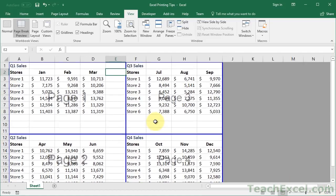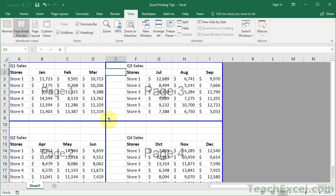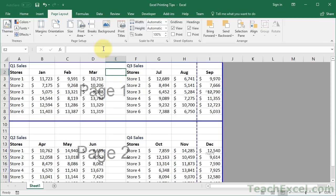Now let's say that we want to change a page break. You can put your cursor right over the line, hover over it, click and drag. And now you can change the location of the page breaks. If you want to remove an individual page break, simply put your cursor right next to the line, click the cell next to it, go to Page Layout, Breaks, and then Remove Page Break, and it will remove that individual